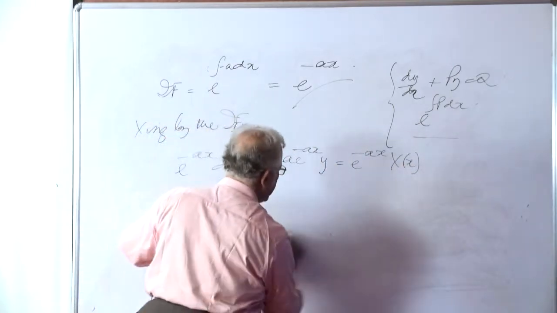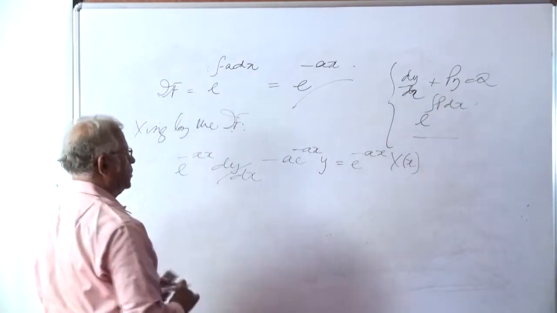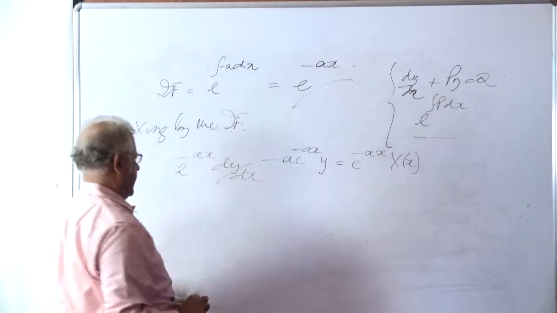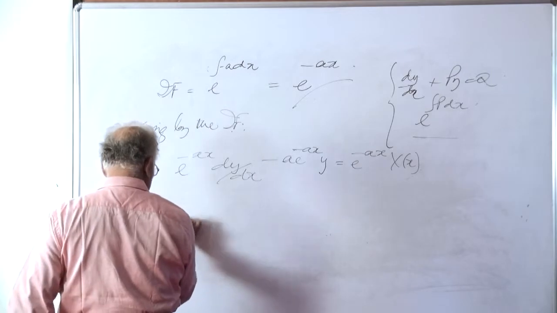Now clearly the left hand side is the d/dx of y times e to the power of minus ax. In other words,